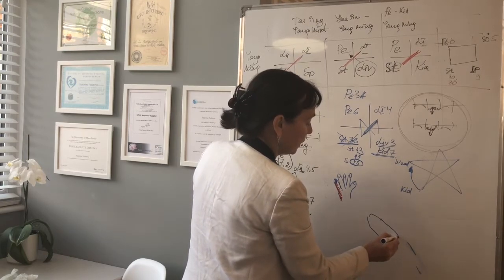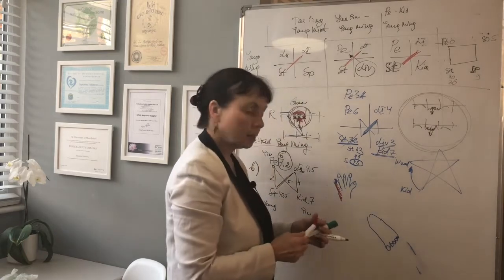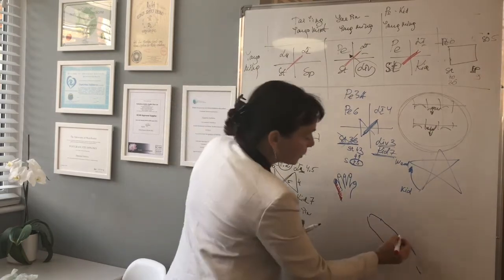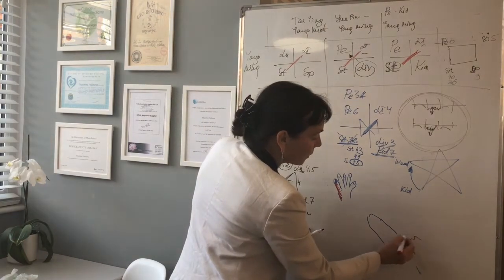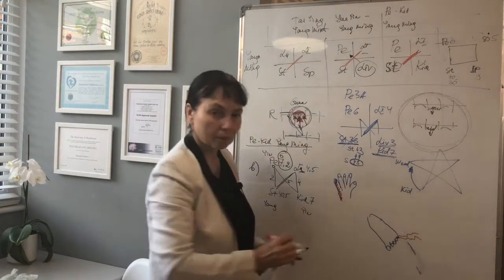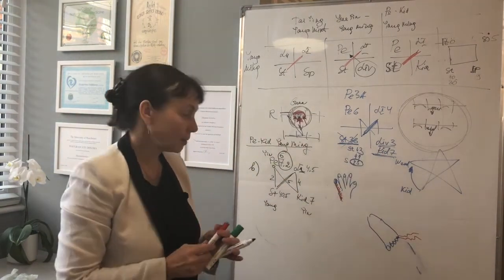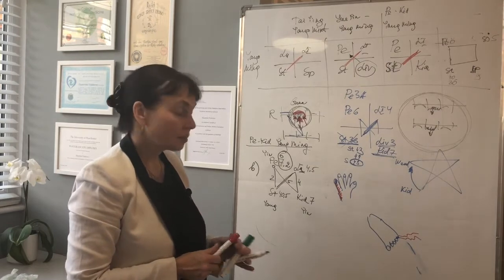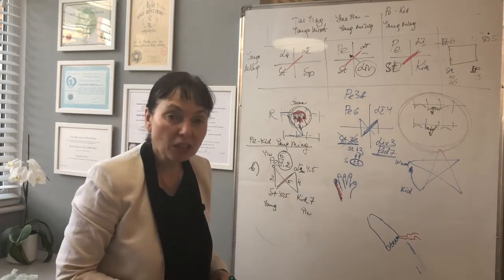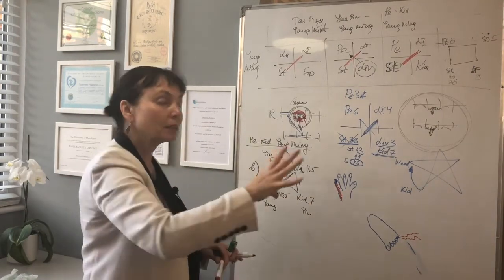This is his leg, and we will put the needles into the little finger on the outer side. Few needles, Ashi points. Nice. Treat it. And then we apply the pattern for general